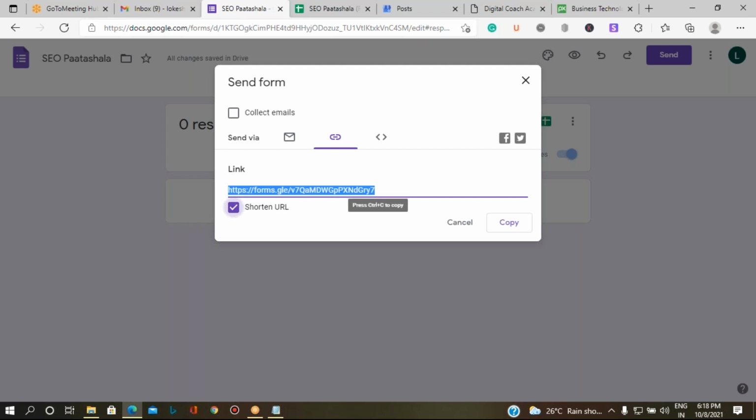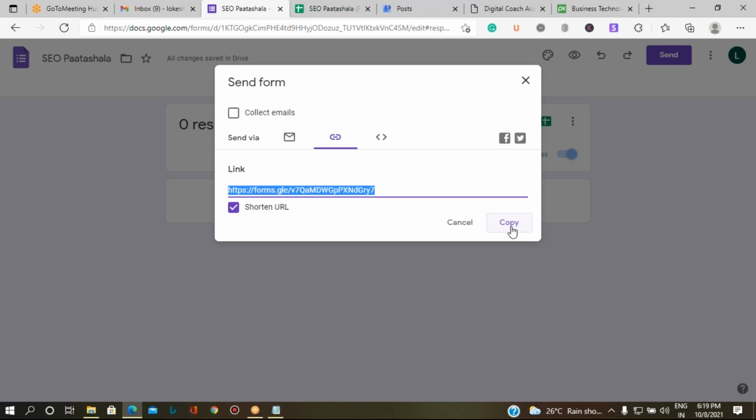You can shorten it over here and copy this. If you want to use any other tool for shortening your link, you can also use Bitly, the Bitly website, so that you can shorten your URL.